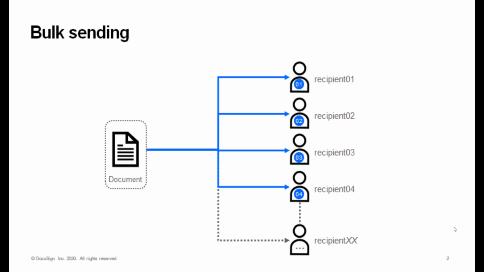In a bulk send, you are starting with a single document or a group of documents that you want to send to multiple separate signers. There are two significant pieces here. First, you are sending the exact same document or documents to each signer. There is no customization of the document based on the recipient. Second, each signer is signing separately. They're not all signing the same document in a certain order. Instead, each signer receives a separate envelope with their own instance of the document to sign. A common use case for bulk sending is when you have a document that you need each person in a group to complete, such as a permission slip for a school field trip or a safety waiver.